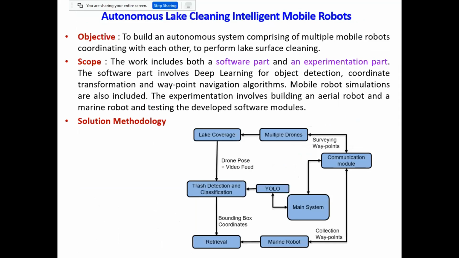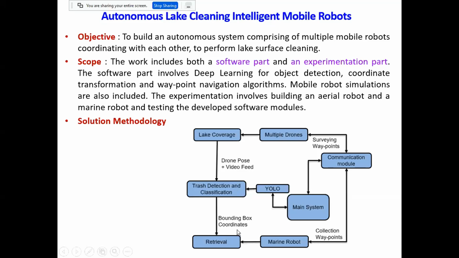Some students are working on autonomous lake cleaning intelligent mobile robots. Here, what they will do now, friends, is that we are using multiple drones to fly over the lake, and they will detect the trash. We'll see trash detection algorithms because in the lake there are various types of trash. The plastic boxes are there, plastic bottles are there, tins are there. Many things are there. Each one will be detected using the flying drones, and this will be fed into the system